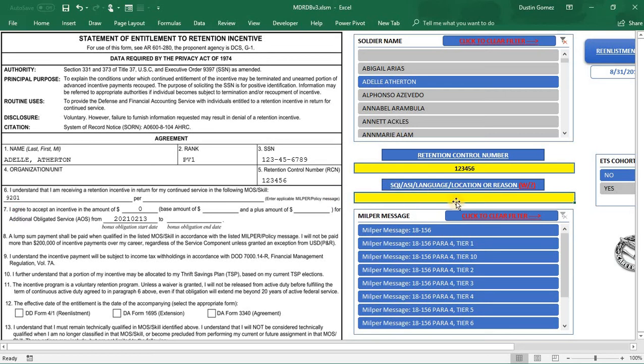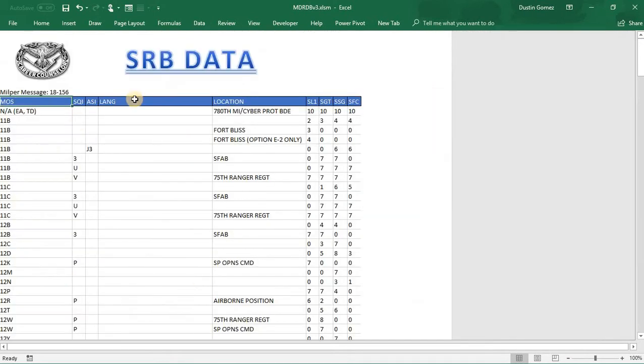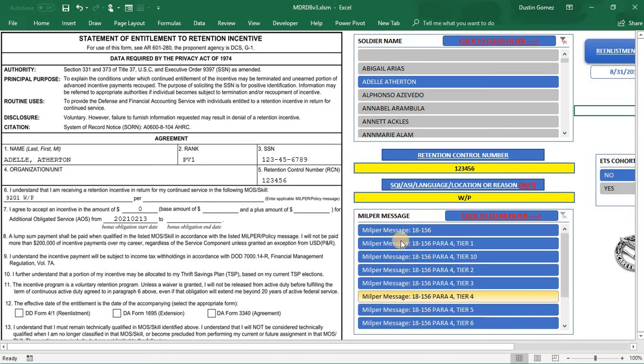It's going to auto-populate, and then here just put W with P. And then it's going to auto-populate here. And that's it, the MIL per message. So if there's no bonus, or there's none in the database, so I'll show you here, the SRB. If there's no data in here showing that there's a MIL per message, then all this is not going to say MIL per message, it's going to say paragraph 4